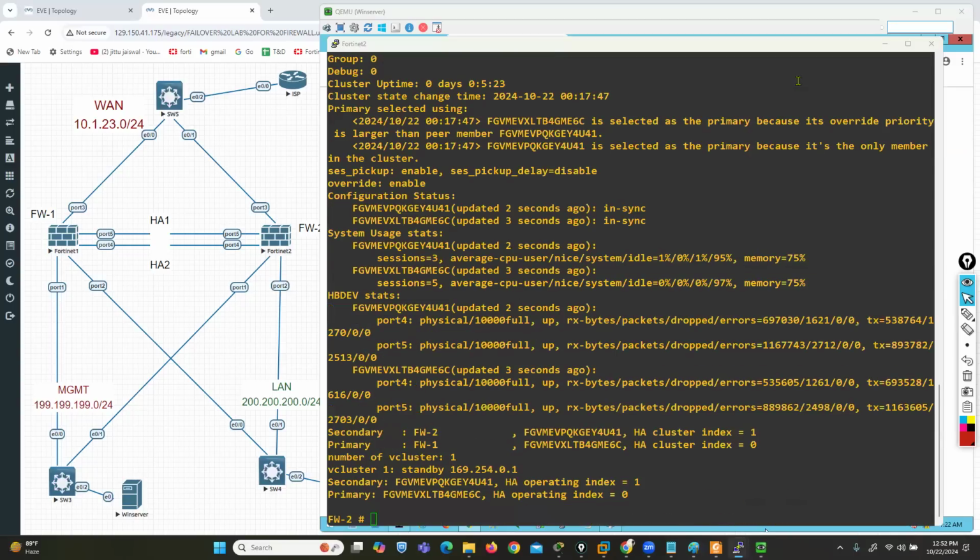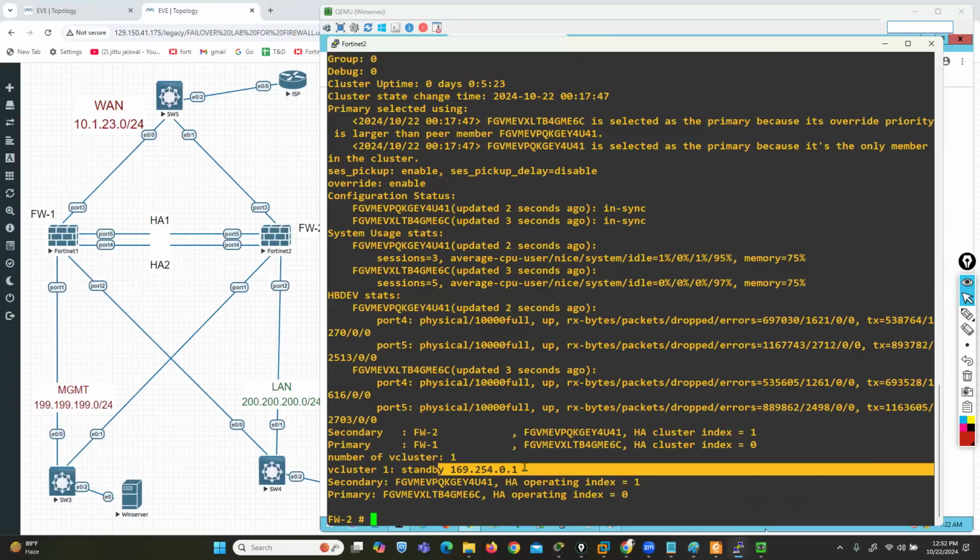This firewall, this serial number is primary. Why? Because its override priority value is larger than peer member. On firewall box 1 we are using higher priority value, and FortiGate firewall box 1 is primary, FortiGate firewall box 2 is the secondary firewall box, and this is your HA interface IP address